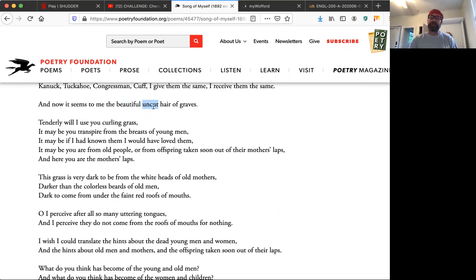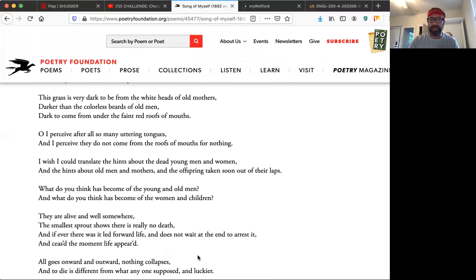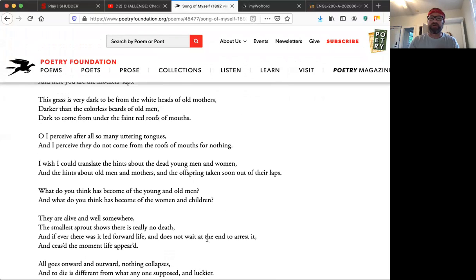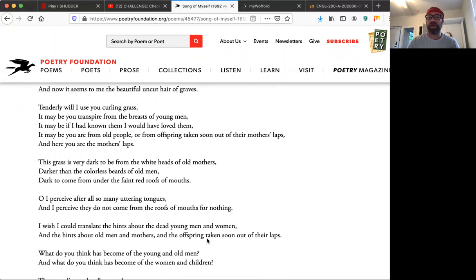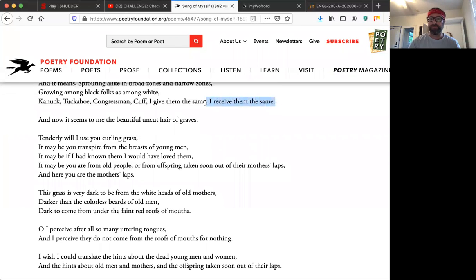And here's an example of that. So we see now a shift inside of the poem, where from here on out, all the way to the end of this one, he's going to start talking about death. So he arrives at this image from grass of being a type of vegetation and life, and about God and design, and this idea of flag of disposition. And he arrives at this to end on a place of, and it gets there from here, I received them the same,